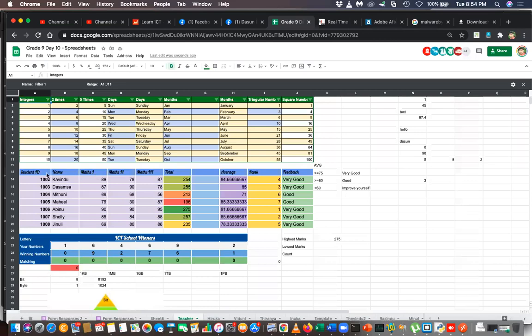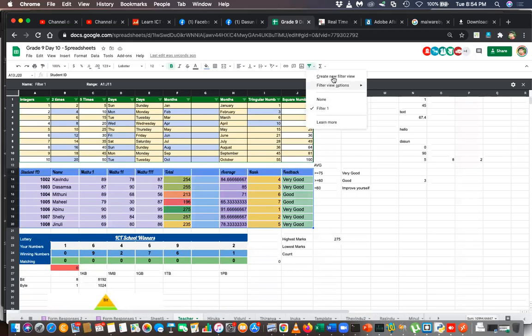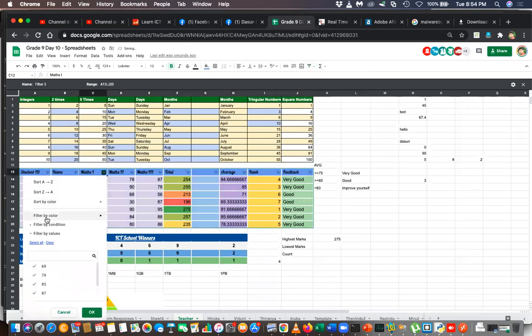That is, basically you select everything. First you have to select everything, apply the filter, then go here. Here you can also type greater than 85. That will also work. Click OK. That will also work, but in most cases that will not be selected, so you can use this filter by condition or filter by value. Filter by value, you can select the exact value if you want. 85, yes, exact value you can select.